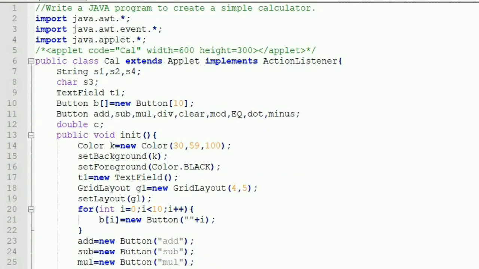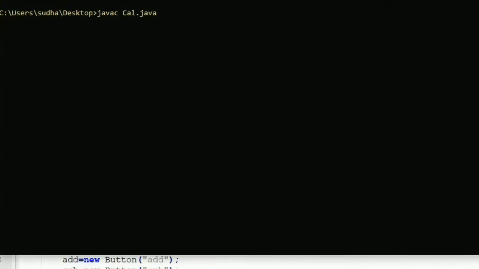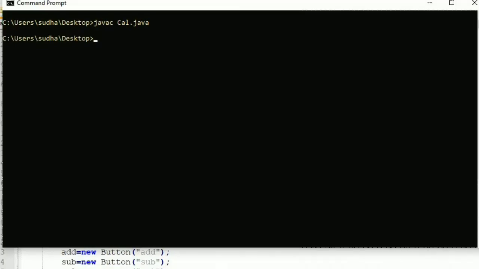So now I'll execute the program and show it to you. I'm compiling the program. So it's javac cal.java. So there are no errors and warnings. So now I can launch the applet viewer. Applet viewer was deprecated in Java 9 and was removed entirely in Java 11.